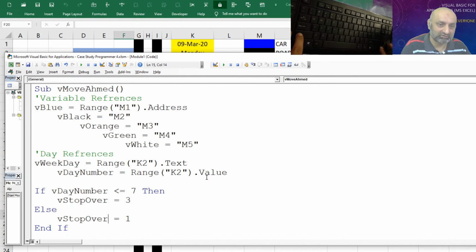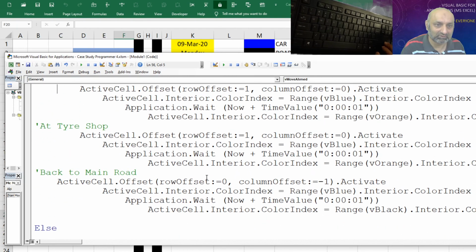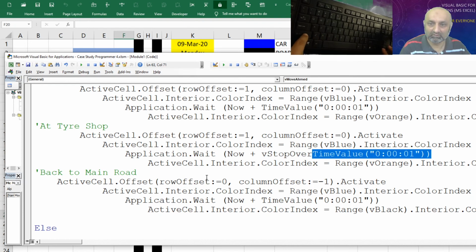So what I need to do is use this variable at the tire shop. Where is my tire shop? Here is my tire shop. So this time value should be replaced with my variable, and I will be using this. So let's cut it out.